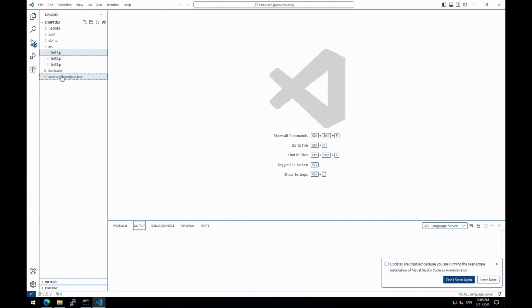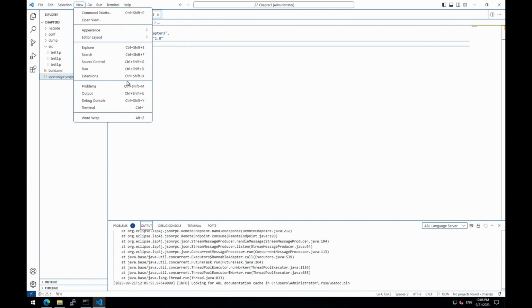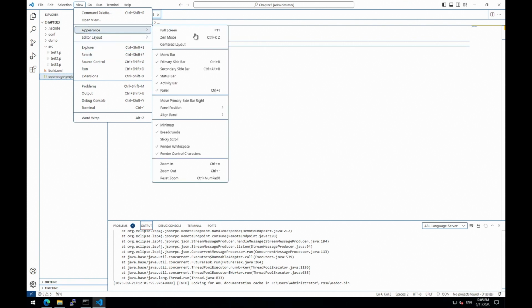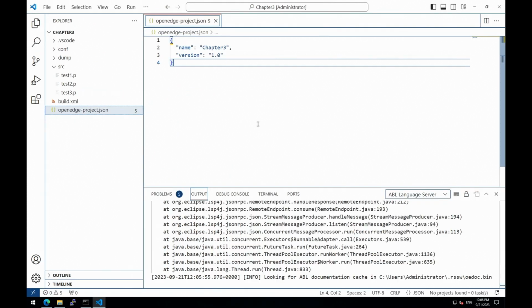Okay, so let's start first with the configuration of the project. Do you want me to increase the font size? That may be control. Is that better? Yep. Okay, so